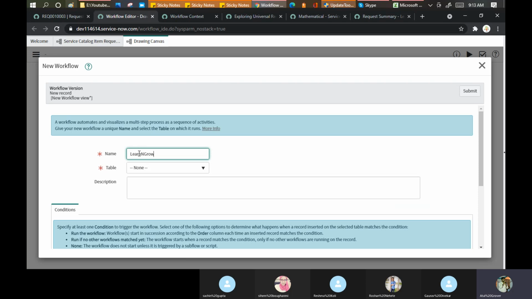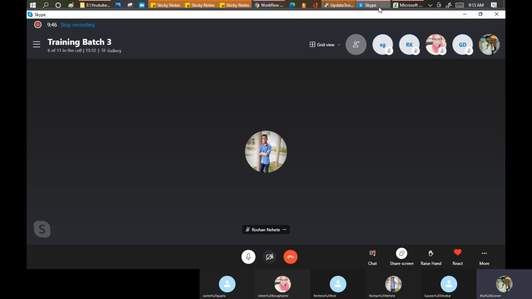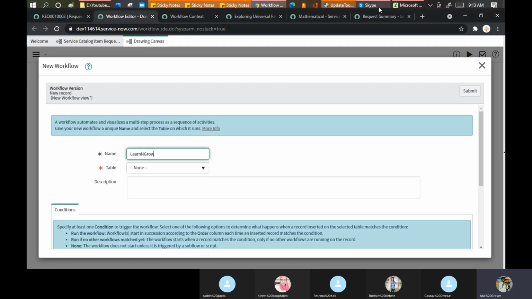learn and grow. Okay. On which table do you want to attach this workflow, in the similar manner like we did for the notifications? Which table do you want to map? I say I want to map it to the request item level. Don't put it on the request level, because there's nothing happening after the request gets approved. Only the item will be created. So we always make sure that my main things happen on the RITM level.